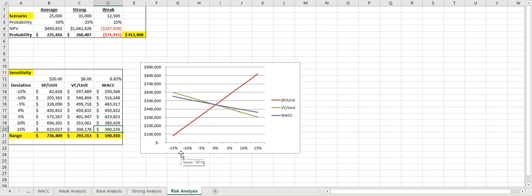Why is this important? Because during the course of the project, year 2, year 3, in order for you to sell 25,000 units, which is the original base case, you may have to start lowering the price, with all the other variables and costs remaining the same. If you start lowering the price, you're going to lose money. And if that continues throughout most of the project, you might have to make some changes to your cost structure or something else during the life of the project. Or if you have variable costs, which could be a new labor contract, and those go up,